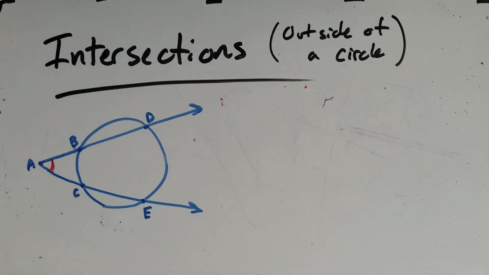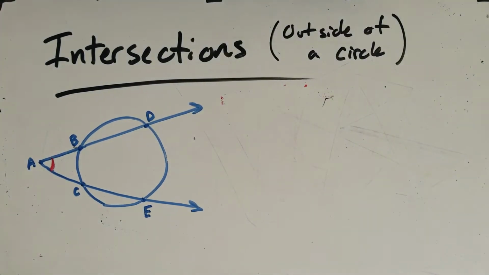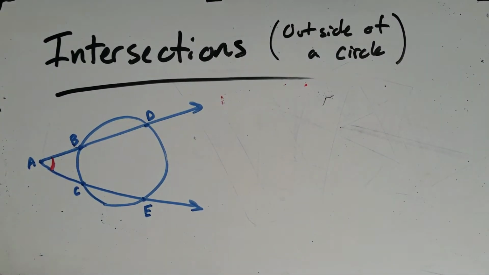Hey guys, today we're going to continue our talk on secants and tangents, and we're going to focus mainly on various different intersections that take place outside of a circle. And there's a few different scenarios here. So this theorem, it's on 743, it states that if two secants, a secant and a tangent, or two tangents,